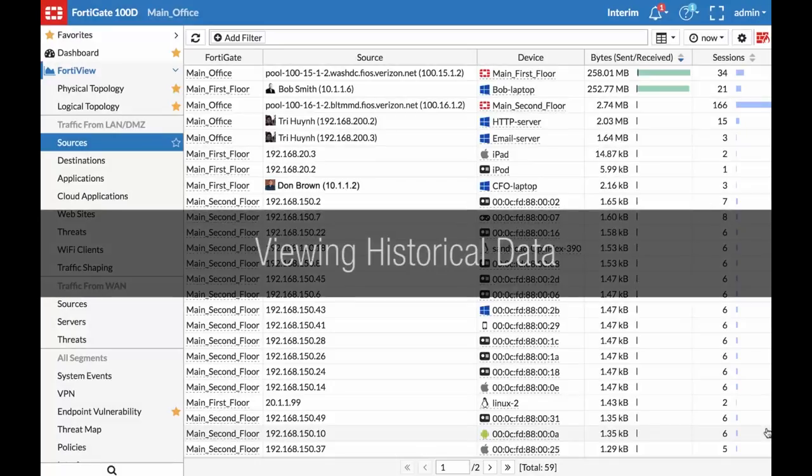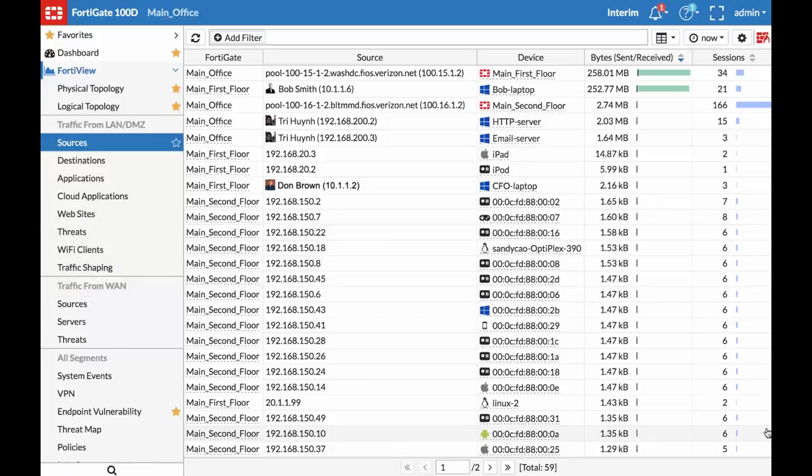Now let's take a look at historical information. In the Security Fabric, all data is sent to a FortiAnalyzer for analysis from each individual FortiGate in the fabric. In this case, we're looking at real-time data from the FortiGate itself. You can tell because the time period is set to now, and the FortiView data is from the FortiGate firewalls